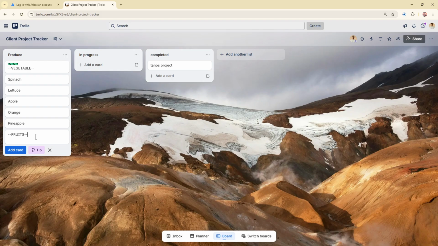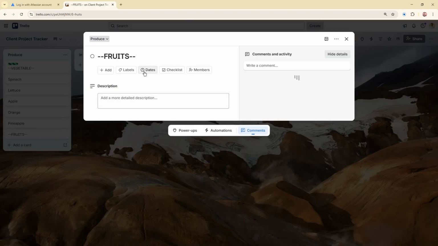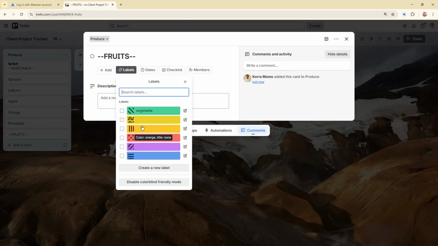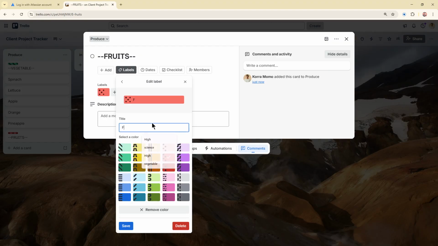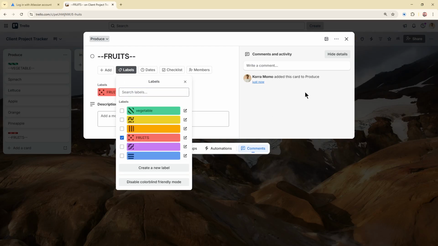The important thing to remember is that these divider cards are meant to be visual separators only. In other words, don't treat them like actual task cards with due dates, checklists, or assignments unless you intentionally want to. Their main job is to help structure the list so everything is easier to read and manage. At this point, your Trello list is now subdivided into clear sections or categories, making it much easier to navigate